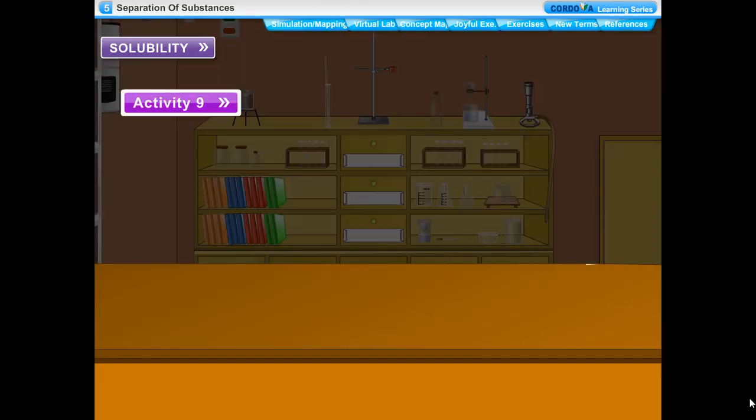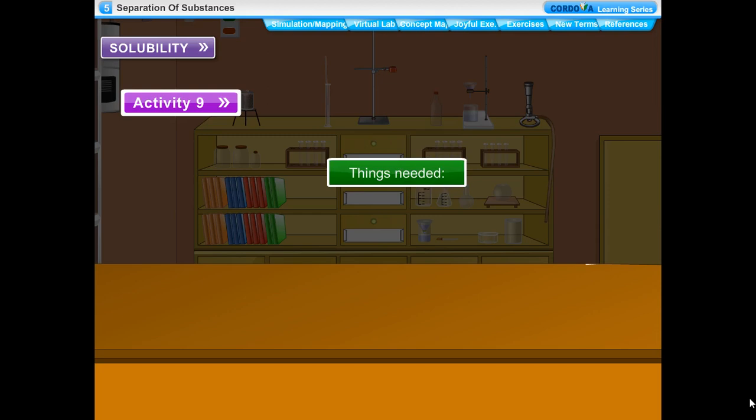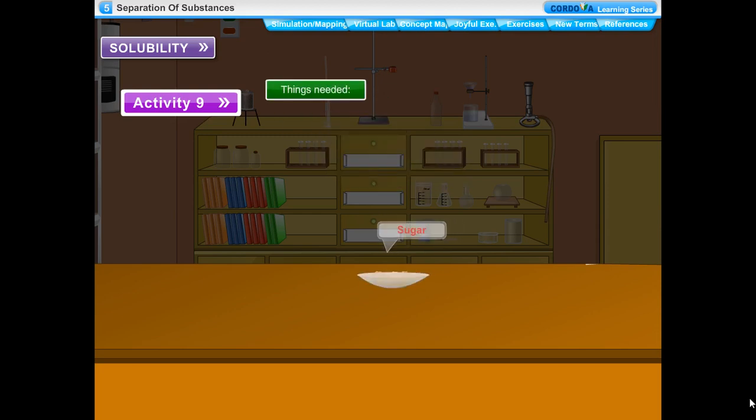Activity 9. To prepare a saturated solution of sugar at room temperature and observe the effect of temperature on the solubility of the sugar in water. Things needed: sugar, beaker, spoon, burner. Method: